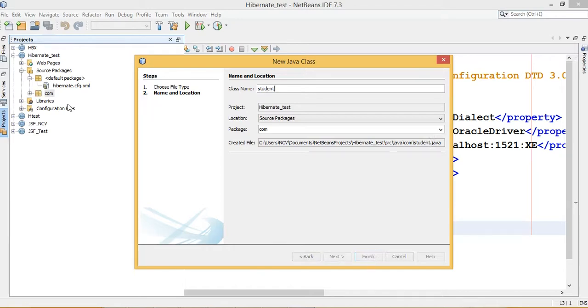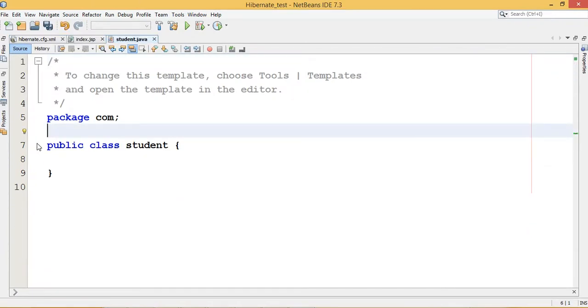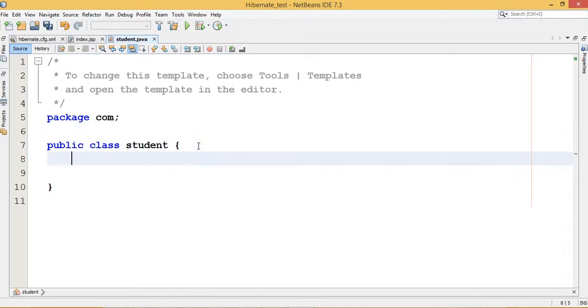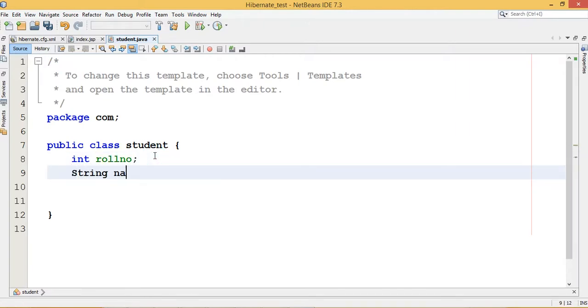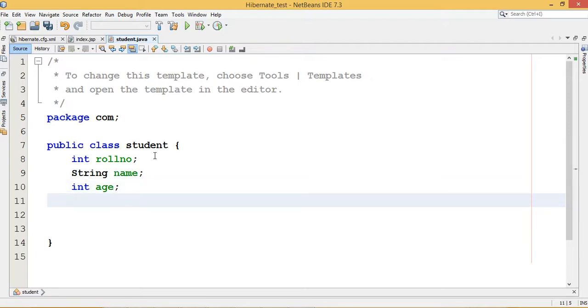Clear? So I will write down a simple Java class, which is a POJO class. How can I work with this simple Java class and make it a POJO class? You have to work with all the properties of it. Now this JavaBean class consists of, for example, the properties ID, roll number, then a string name, and integer age. These 3 properties I am storing in a student.